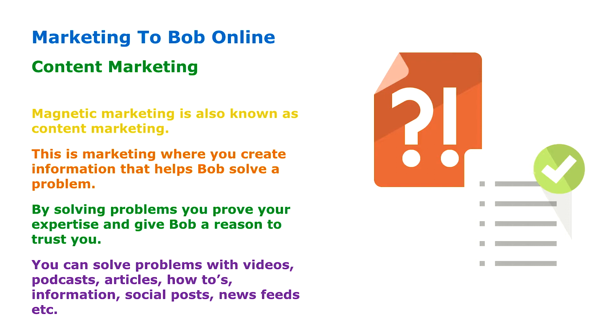So Bob has a problem, the world needs to conform, and if your product helps the world conform so that Bob no longer has that problem and moves from a place of failure to a place of success with your product, Bob will buy your product. We have to solve Bob's problems, and content marketing is the most powerful way to do this.